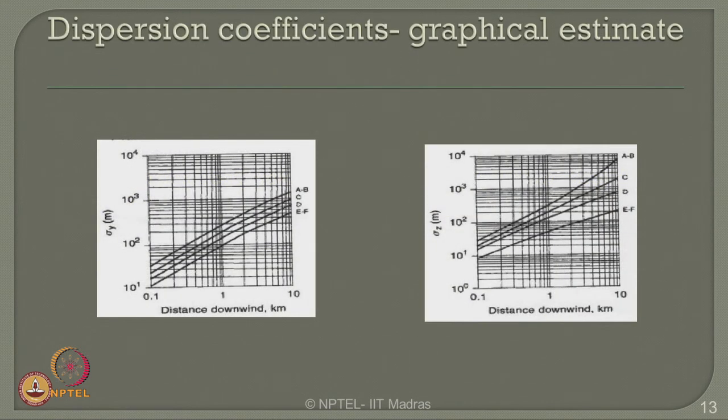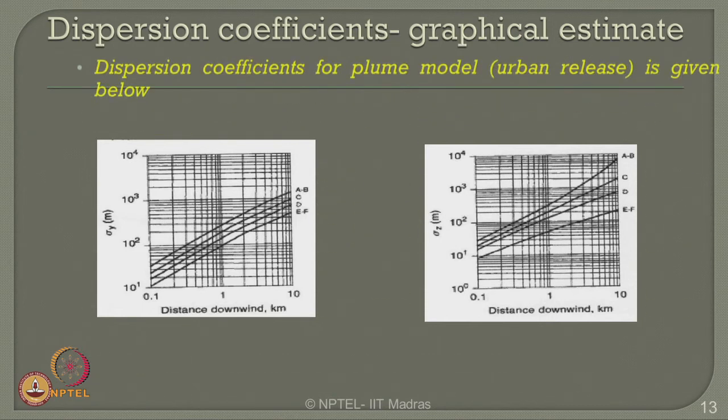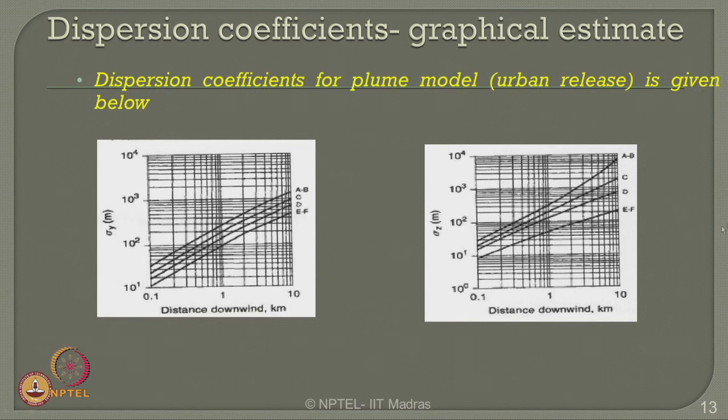Similarly, one can also determine the dispersion coefficients using graphical estimates for plume release models for urban release centers. The earlier figure was given for rural release, this for urban release. Again, in this case you have got Pasquill stability class plotted. You will obviously see the Pasquill stability class in most of the cases remains linear in a log-log plot, but